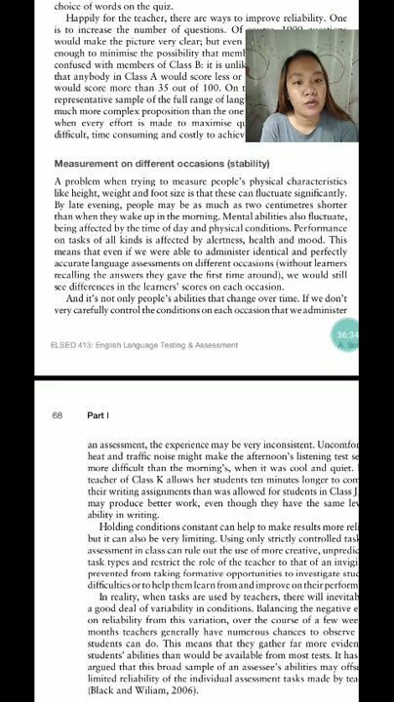Mental abilities also fluctuate, being affected by the time of day and physical conditions. Performance on tasks of all kinds is affected by alertness, health, and mood. This means that even if we were able to administer identical and perfectly accurate language assessments on different occasions, without learners recalling the answers they gave the first time around, we should still see differences in the learners' scores on each occasion. And it's not only people's abilities that change over time. If we don't very carefully control the conditions on each occasion that we administer an assessment,